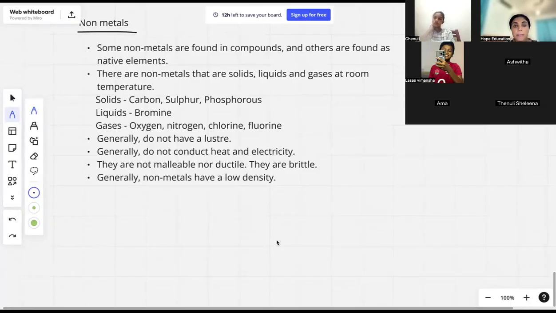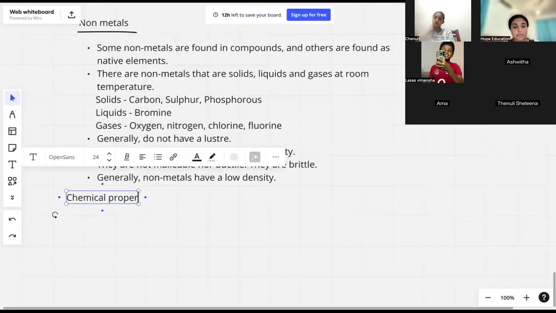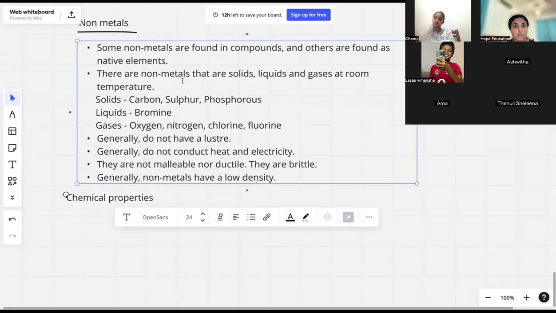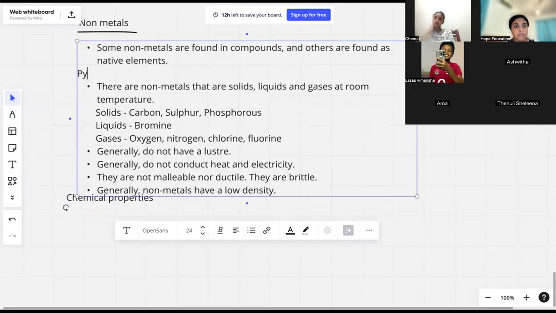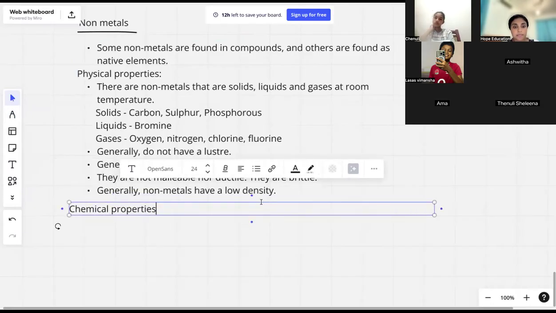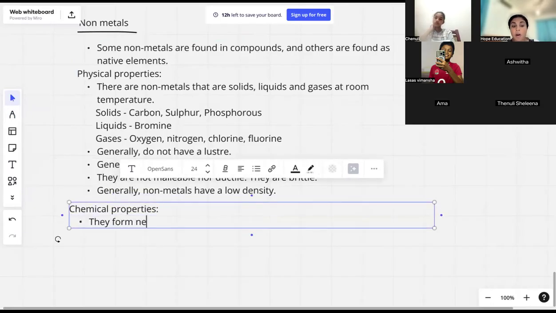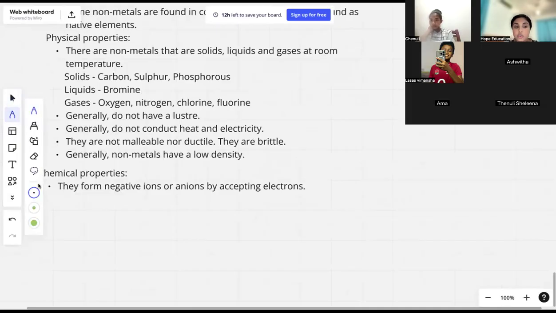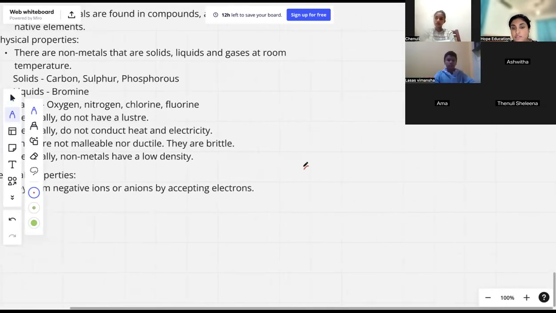Now if we talk about the chemical properties, so these are actually the physical properties. Now if we talk about the chemical properties of non-metals, they form negative ions, or anions, by accepting electrons. What this means is that, as we know, oxygen is a non-metal, right? Up in the non-metal section again, oxygen. So if you take oxygen,